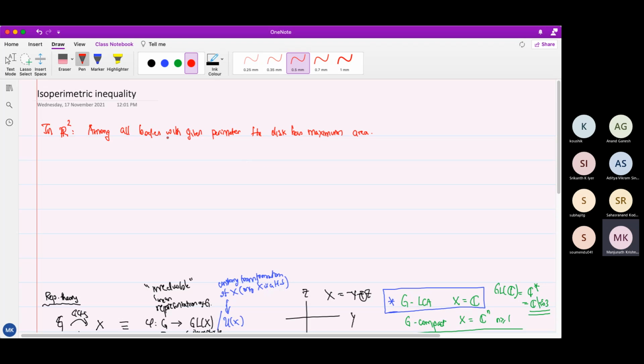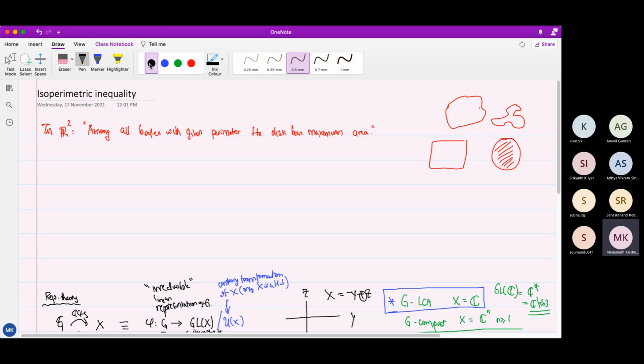So if you are given a length of rope, let's say it is tied at the ends, you can place it in any way. You can place it like this, you can place it like this, in whatever form you want. All the land that is inside is yours. So how will you do it if you want to get more land? The best way is to do it in a circular way so that you get the disk inside. So this is the statement of the isoperimetric inequality.